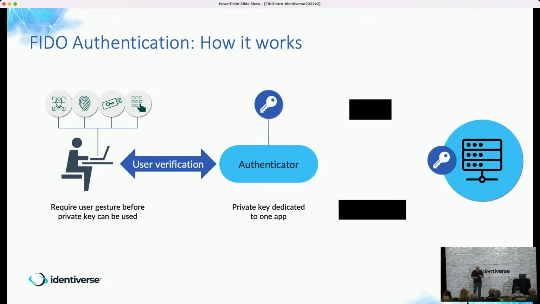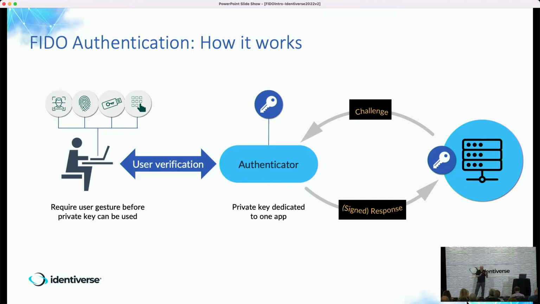Once those keys have been created, it's now time to authenticate at some later point, and what happens is the service, the relying party, creates a challenge which is sent back to the authenticator. The user, again, is prompted for the gesture, whatever is being used for doing that unlock. When they confirm the use of the private key, that private key signs the challenge and sends it back. Because the relying party already has the public key related to that, it can confirm that you sent back the same challenge, because if the challenge changes, it knows something went wrong. And it can confirm that it was signed with the same private key that was used initially on registration.